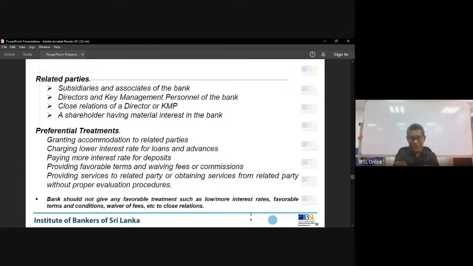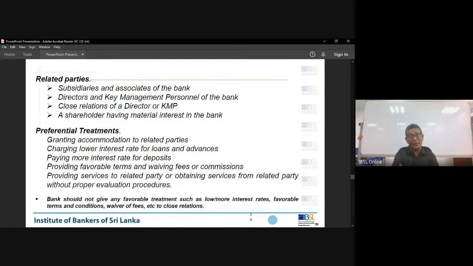All are sorted out, right? So, what preferential treatment is usually expected? Low interest rates, waiver of certain specific rates, and waiving of some commissions, charges, and all